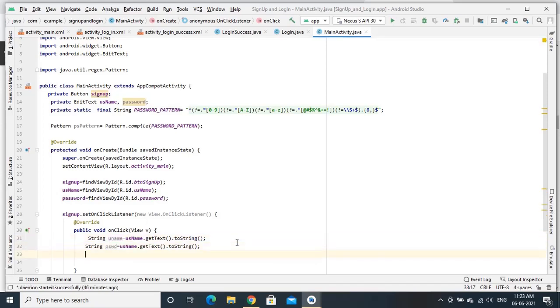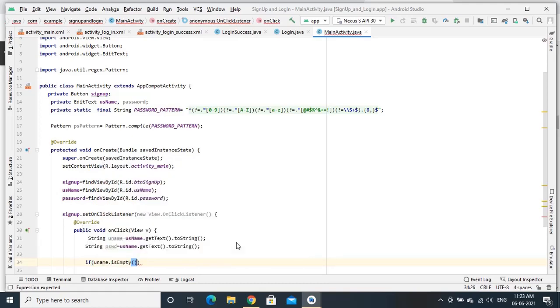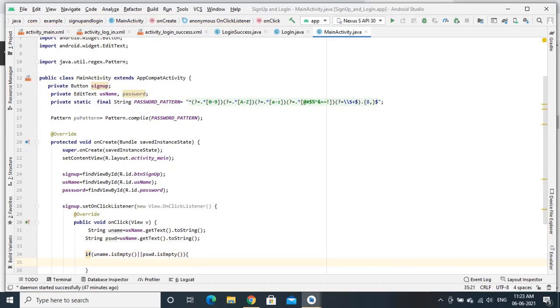Now I need to check for whether these two things are empty or not. If at all if it is empty, I need to provide a suitable message through a toast message. I will check for is empty, if uname dot is empty, or I need to also check for password cannot be empty, pswd dot is empty. If this is true, then I need to provide toast message,